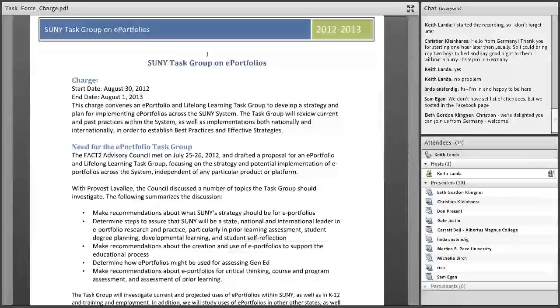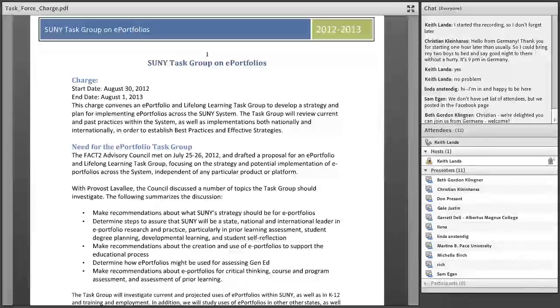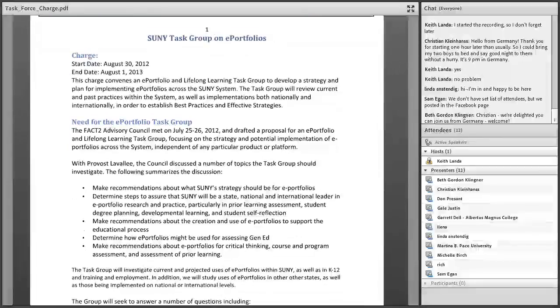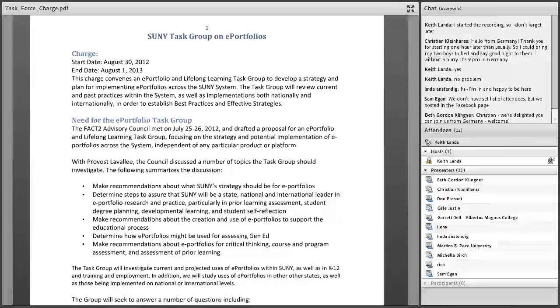It used to be the Faculty Access to Computing Technology Group, but they've broadened that out to be more than just technology, more than just how to get computers to faculty. So as part of this FACT2 organization in SUNY, they've started doing annual or year-long task forces looking at specific issues of teaching and learning across the SUNY campuses.